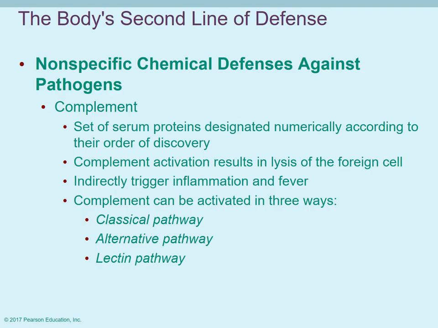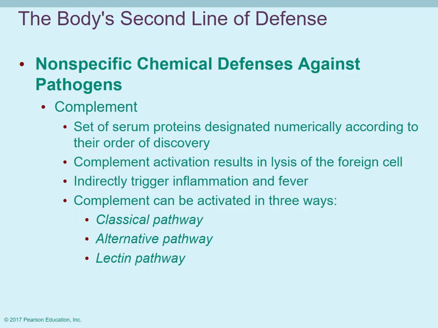In a nutshell, what you need to know is when you see complement, this whole series of proteins, when this is activated, what is going to happen? Bottom line is that the foreign cell, if it's a bacteria cell, whatever, is basically going to be lysed. It will be ruptured. That's the purpose of it. So it is part of this secondary response to a foreign invader trying to help protect you. It will kill whatever that foreign cell is. It has to go through a series of steps. It can be activated in one of 3 different ways. I'm not going to ask that you know the different ways, just that you are aware there are multiple ways